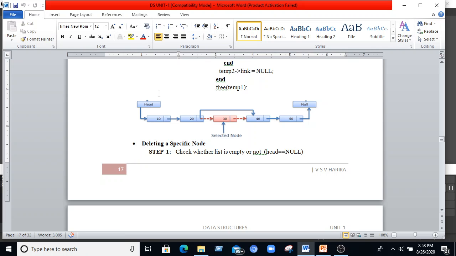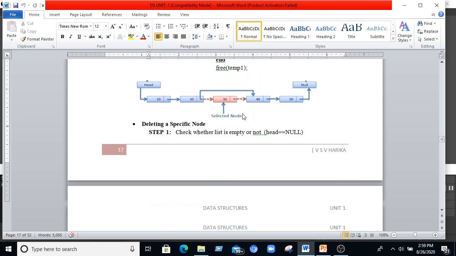We'll ask the programmer, and the programmer will give the location that needs to be removed. Then the selected node is chosen, the link address of this node is deleted, and the next node's address is placed over here. Then the selected node is deleted.